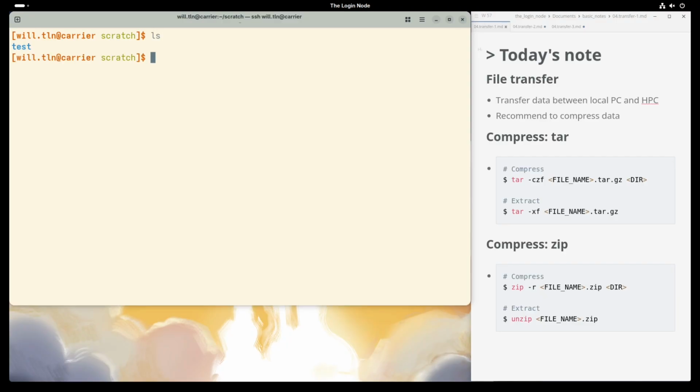In Linux, the standard moving box is tar. To pack a folder, type tar -czf, the file name for the tar file .tar.gz, and the directory name.